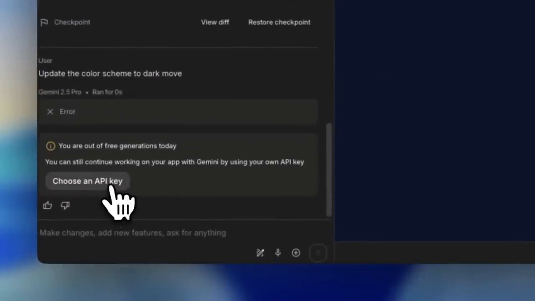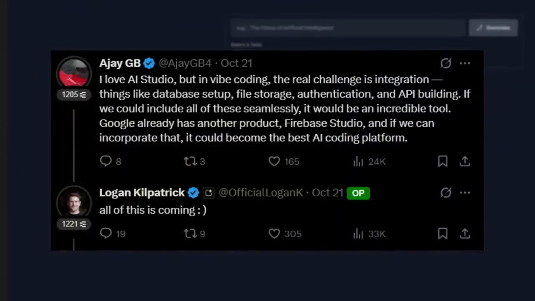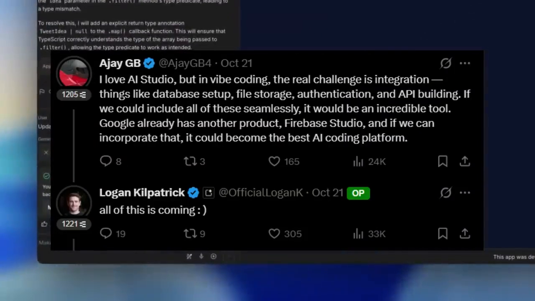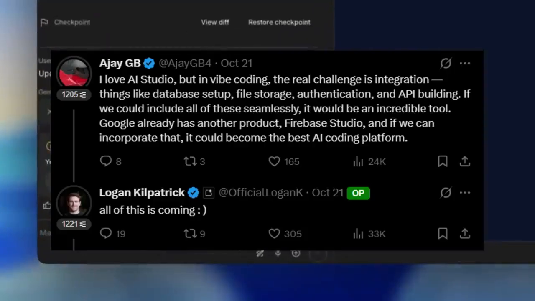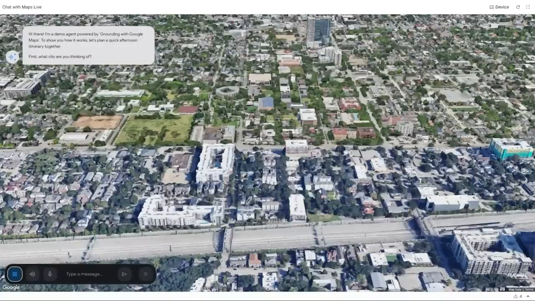And another thing is that they're also focusing on adding more integrations and potentially even adding a database service. This is some of the different sorts of features that they have on the roadmap, which will be coming out in the near future. But going back to the Google Maps API integration, this is a new feature that was